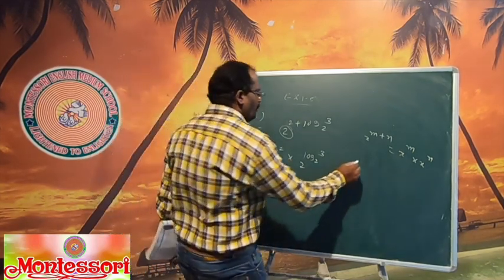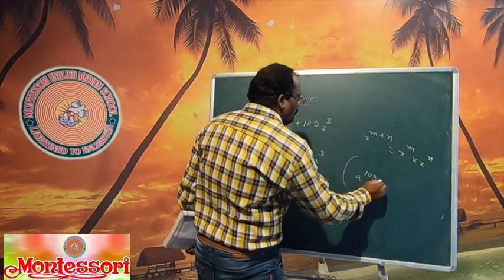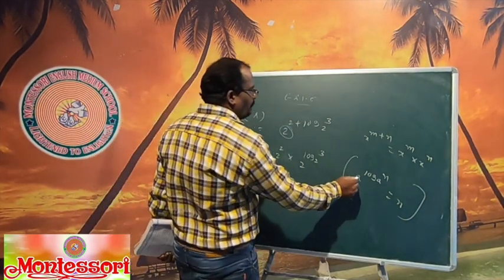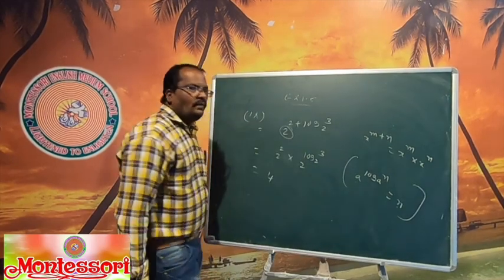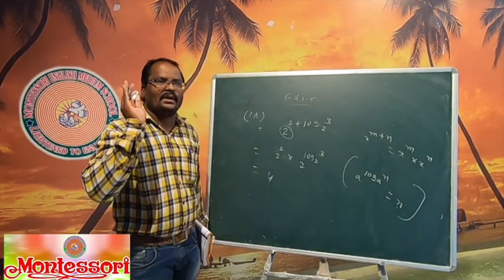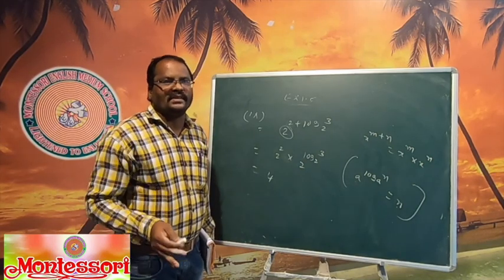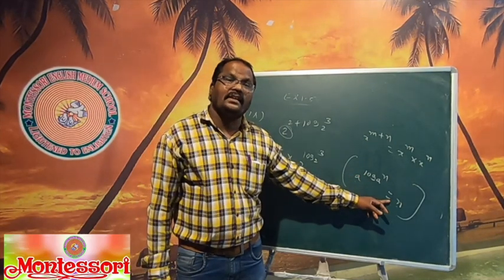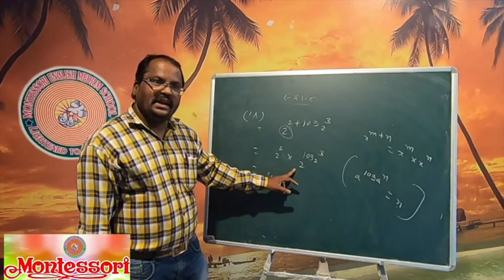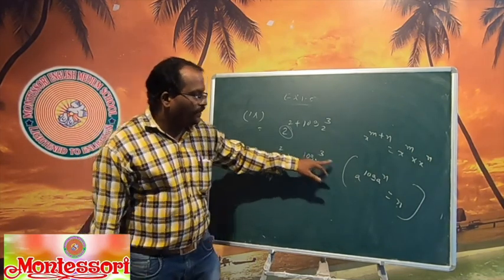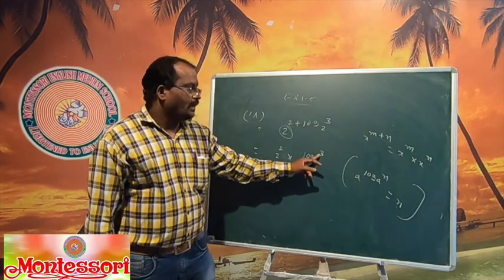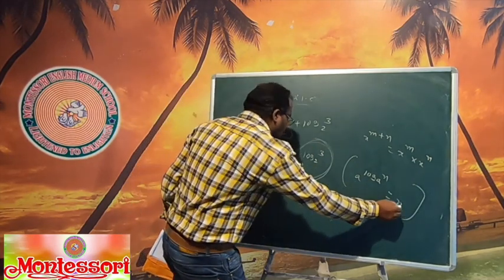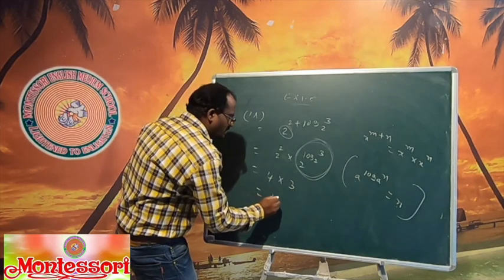I have written one more formula: a power of log a power n, that is equal to n. Once again, a power of log a power n is equal to only n. Whenever you know the formulas very well, only then will you understand the questions. First you read the formulas. What is the base here? 2. Here also it is 2. In place of n, how much is there here? 3. Then the total answer is 3. Now we come to 4 times 3. What is your answer? 12.